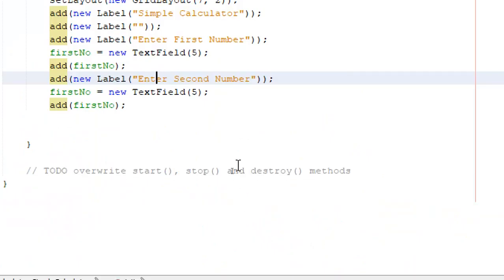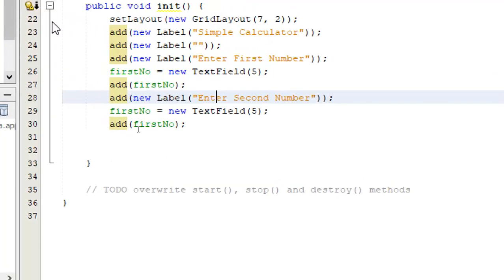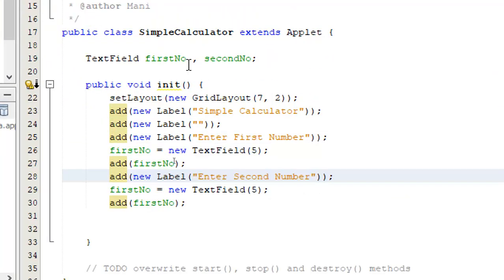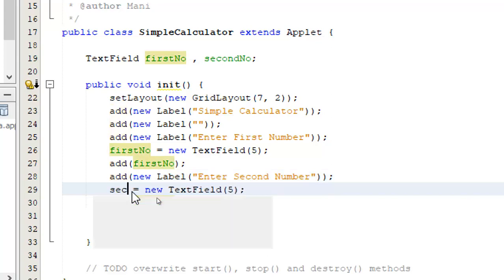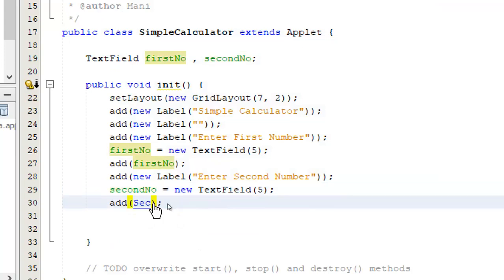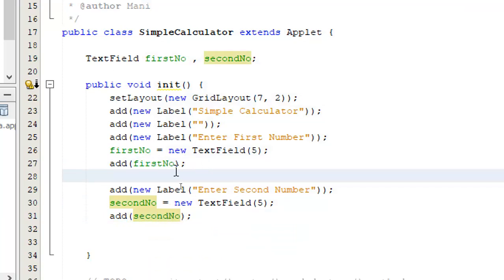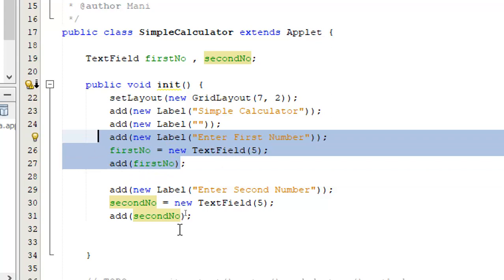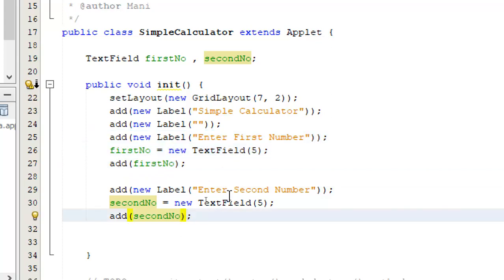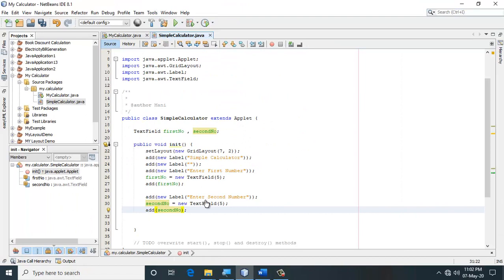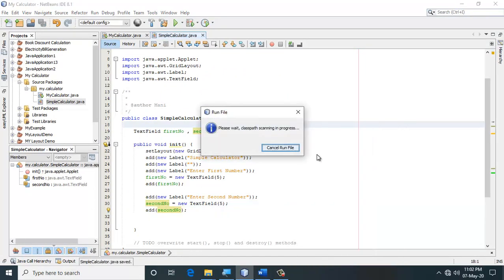I need to change my field name to secondNumber, and I have to add the second number. So instead of typing the whole thing again, I've just copied these 3 lines from here, pasted them and made the required changes. Let me save it and let me run it again.